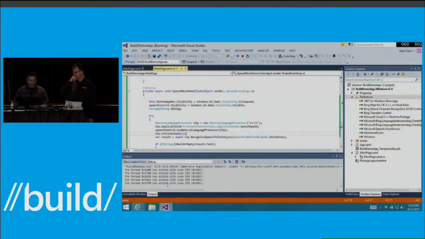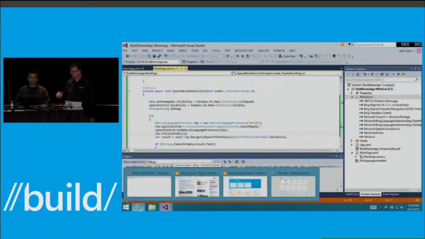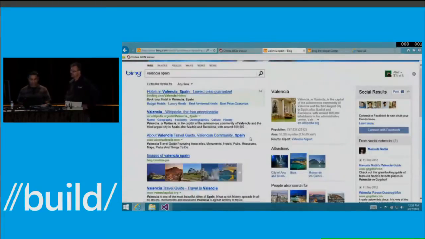Now I'm going to show you the entity API. Before I show you the entity API, how many of you are familiar with entities that are displayed on Bing.com? There is an entity card that Bing.com displays. Looks like a few of you. Okay. So here on this page, I've searched Valencia, Spain. As you can see in the middle, there is an entity card about Valencia that gives you some